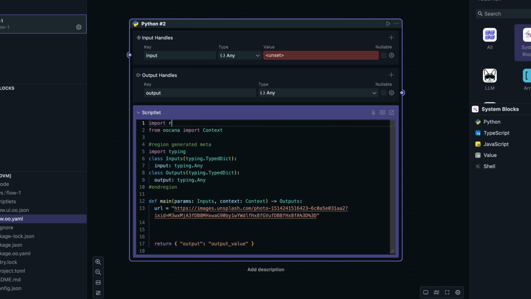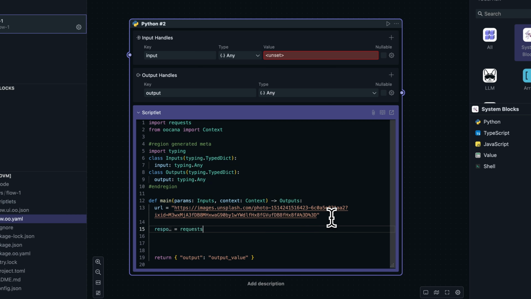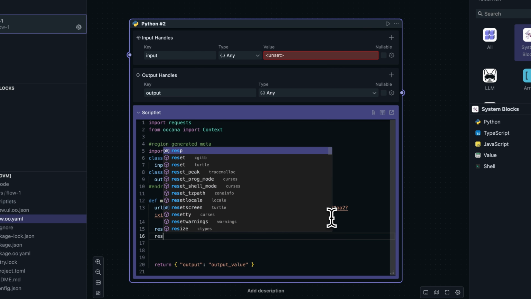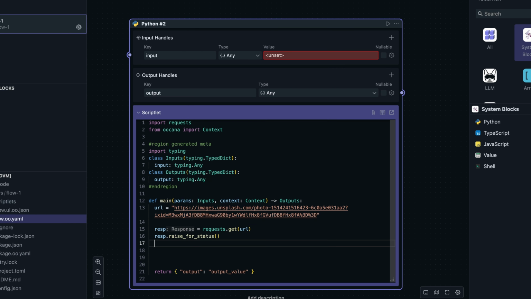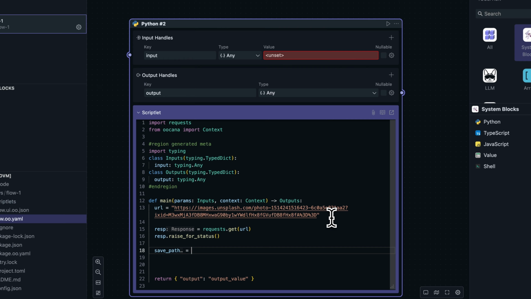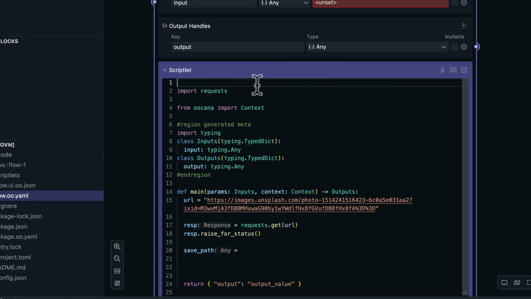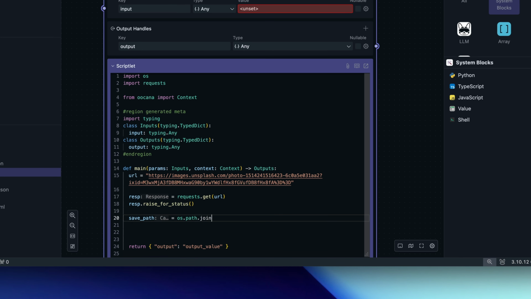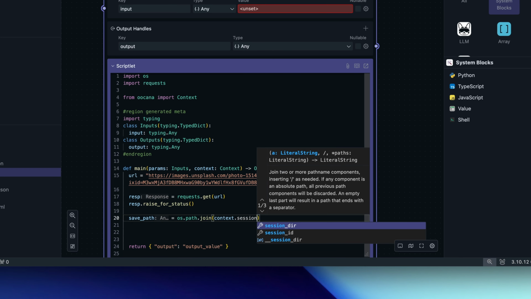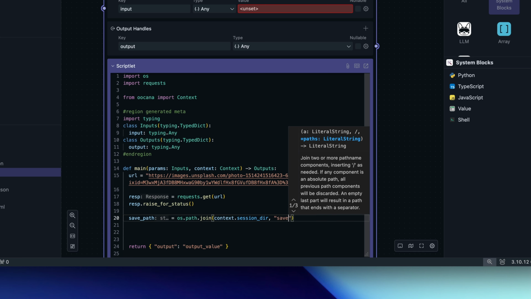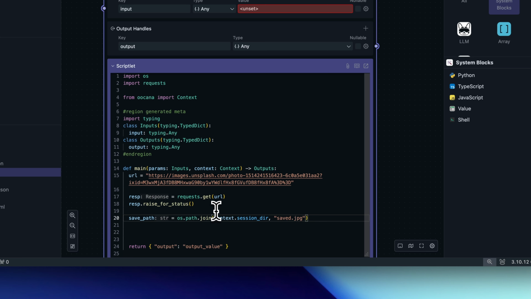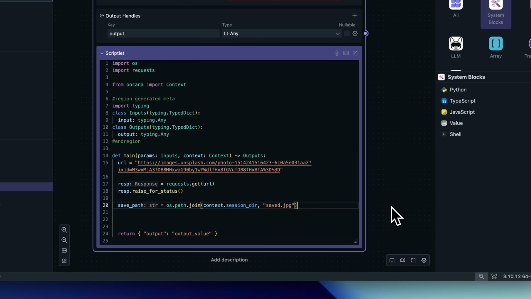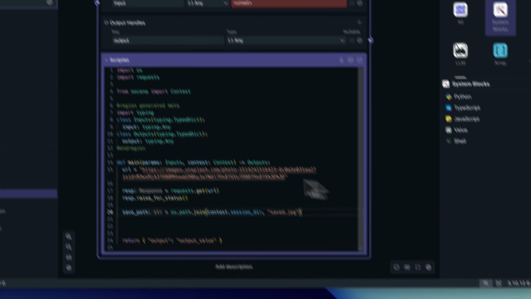Next, I'll use the requests library to fetch the image via HTTP. I also need a file path to save it. I'll use session.dir, a folder Oomol provides for temporary storage. Of course, I still want to pass the downloaded image path to the next node in the flow. So I'll set up the output field,